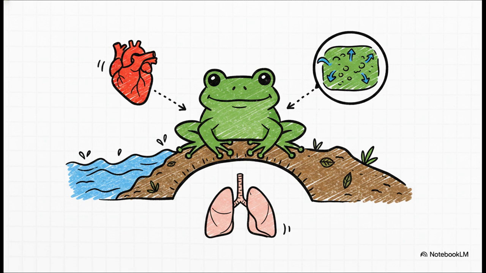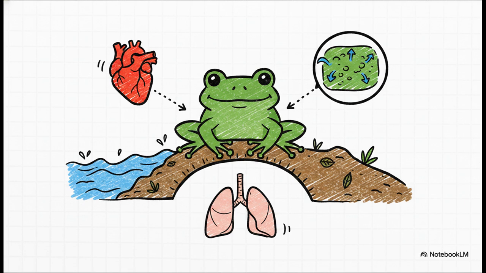Amphibians are tetrapods, meaning four-limbed vertebrates, but they're still tied to moist environments. Their skin is soft, glandular, and totally lacks scales, which actually allows them to quite literally breathe right through it. We call that cutaneous respiration. Internally, their heart got an upgrade from a fish's 2 chambers to 3 chambers, 2 auricles and 1 ventricle, which